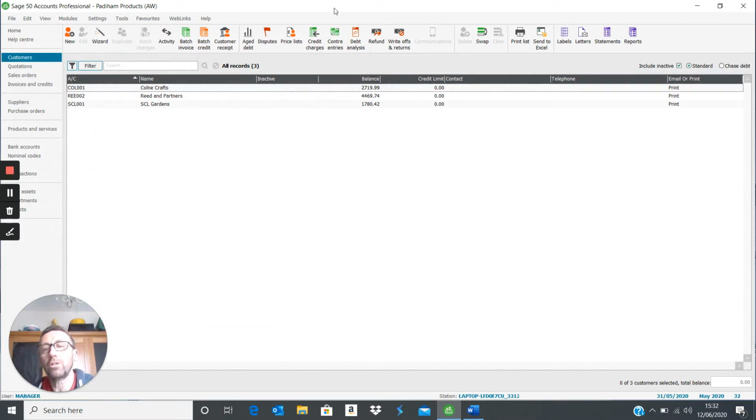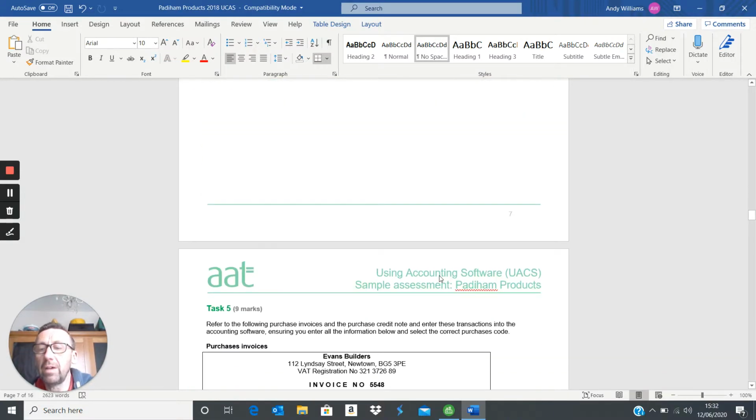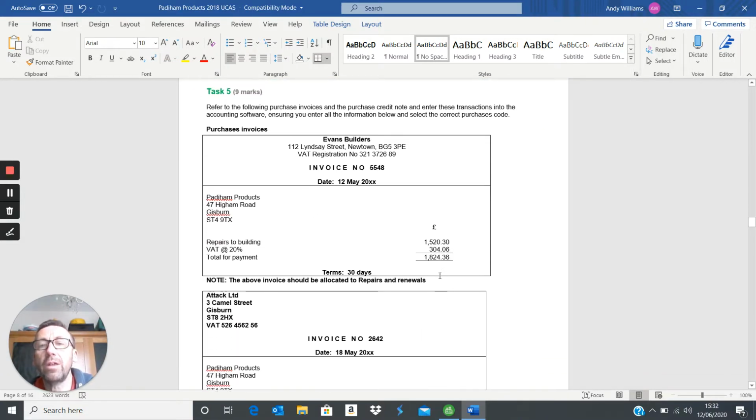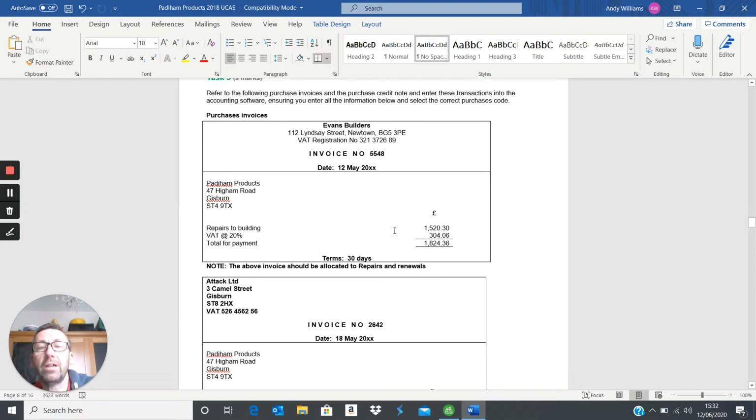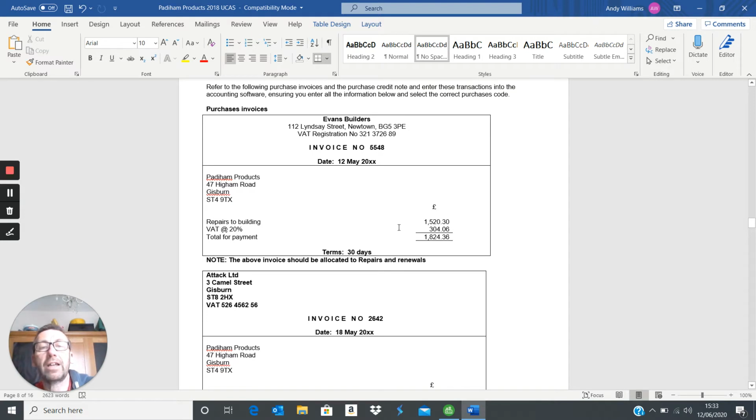Sometimes it doesn't respond as quickly as it should. To task 5. Task 5, same idea really as task 4, this time to do with purchase invoices and purchase credit notes. Enter the transactions into the accounting software. Make sure you enter all the information below and select the correct purchases code. So we know for purchases we're either doing 5000 or